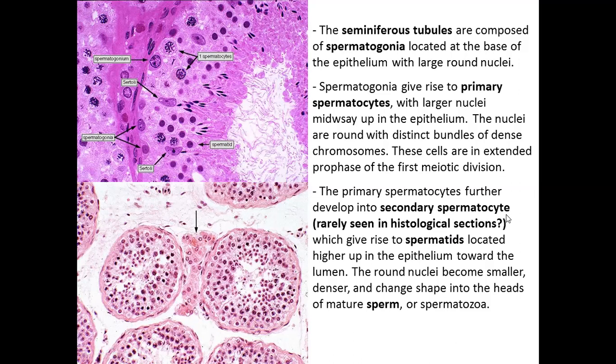And then these secondary spermatocytes will go through division, again skipping the name of the division, and will convert into the spermatids, which are comparatively smaller cells, more rounded, towards the lumen of the seminiferous tubule. They have a denser nucleus, but without bundles of chromosomes. The nucleus is becoming more dense and more rounded. The cell is comparatively small in size, and so is the nucleus.